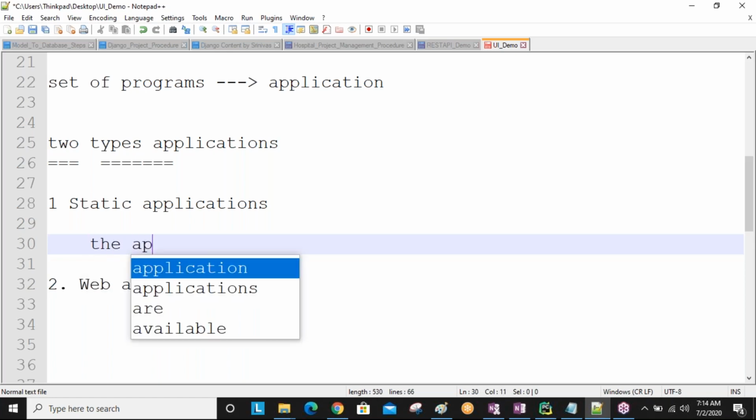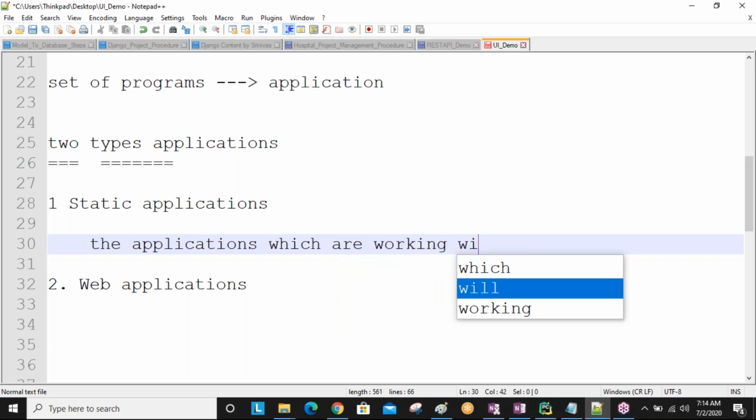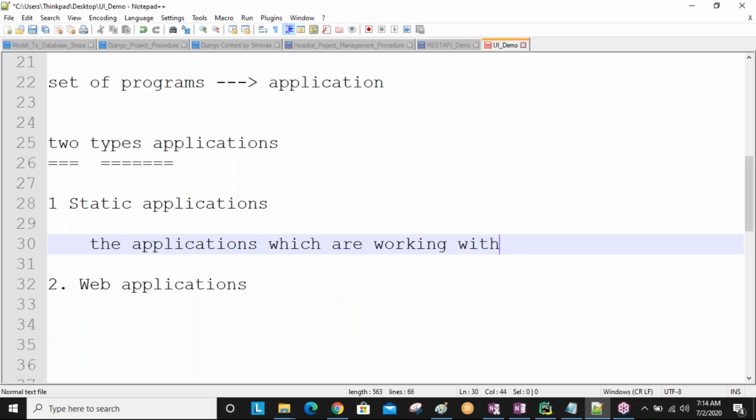The applications which work without internet, we call static applications.